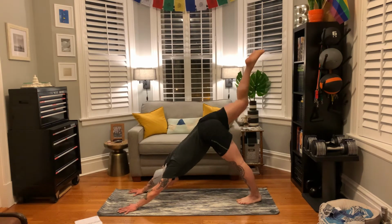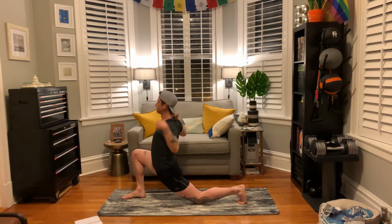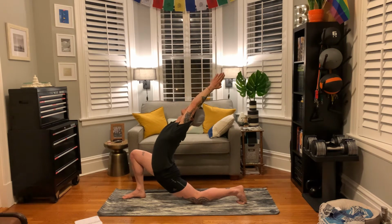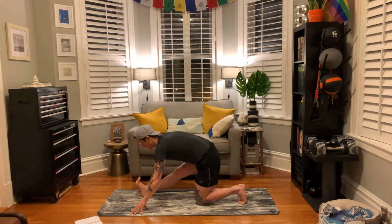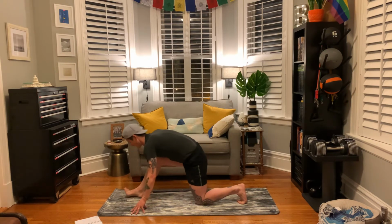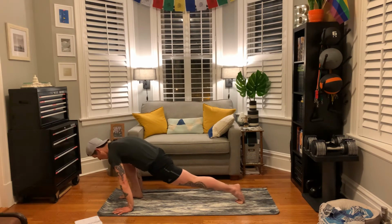Inhale, right foot up and back. Right foot forward, left knee down, Anjaneyasana. And bring your hands to frame your foot, runner stretch. Good, inhale, right foot plants, hands come to the earth, tuck your back toes, lift the knee, and then right